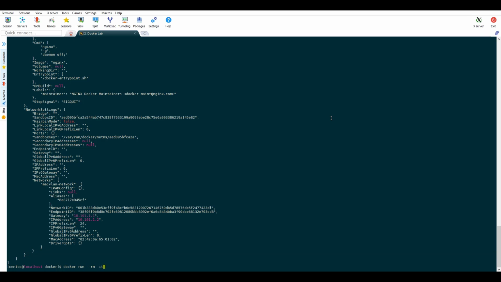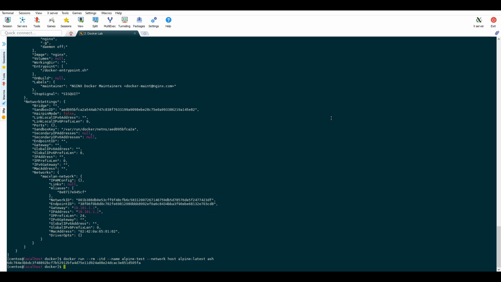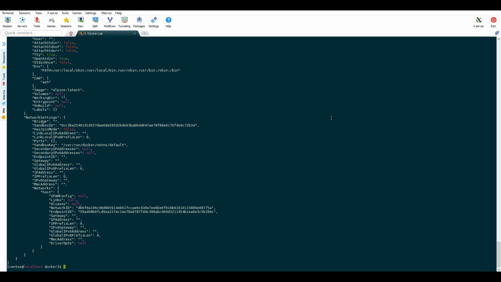Next we will showcase how selection of a specific type of network in container creation impacts the network creation of the container. Now we have created a container Alpine test using the image Alpine latest and the network as host. Doing a container inspect will show that the network host is now attached to the container Alpine test. Similar result we will see if we perform network inspect for the host network.